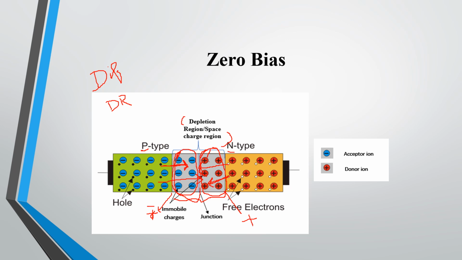Drift current will move from n type to p type, whereas diffusion current will flow from p type to n type, because in the p side we have a majority of holes. Majority carrier holes will flow from p to n, so diffusion current is from p to n. Similarly, minority carrier holes will move from n type to p type, so drift current is from n type to p type. So diffusion current will be equal to drift current. So the net current flowing through the PN junction diode under steady state condition, zero bias condition, or unbiased condition is 0.